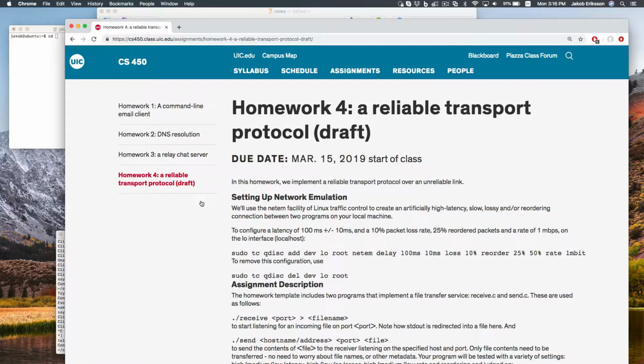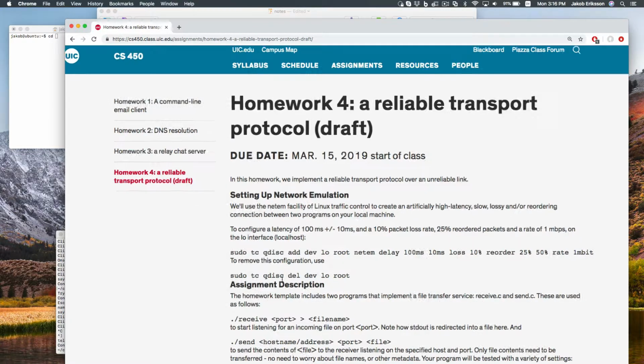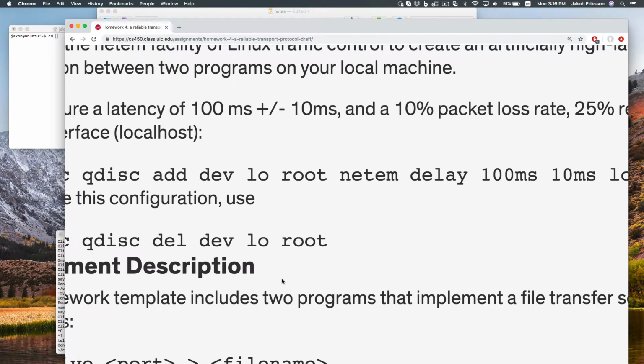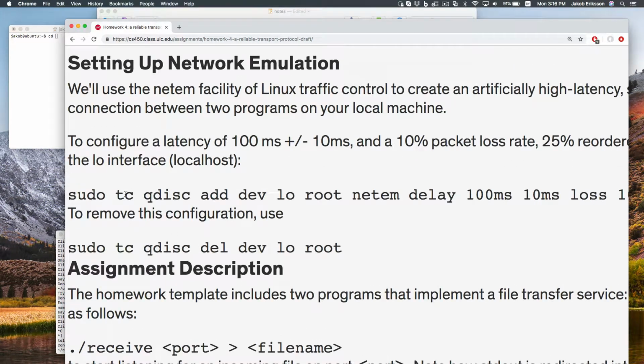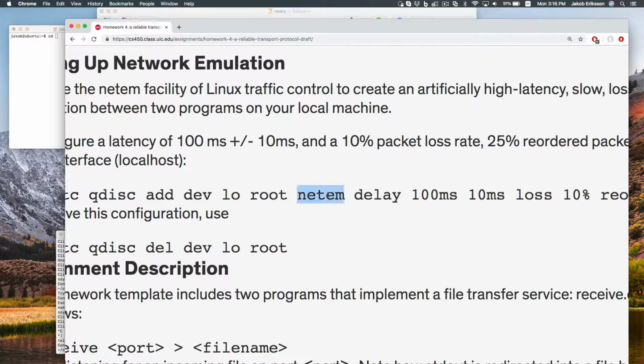We're not using TCP. So there's this really handy tool in Linux called TC for traffic control. You can do all sorts of stuff with it for managing queues in your OS for network communication. But one thing that we're going to play with this time is this network emulation feature. And it's there just to test programs against kind of network problems, to see, is this robust against these problems,